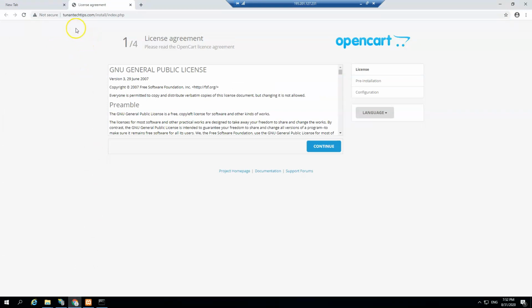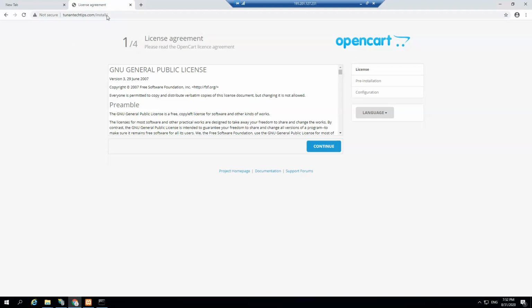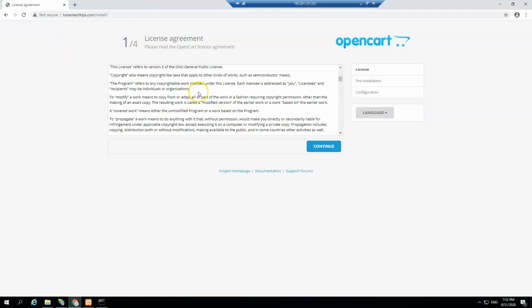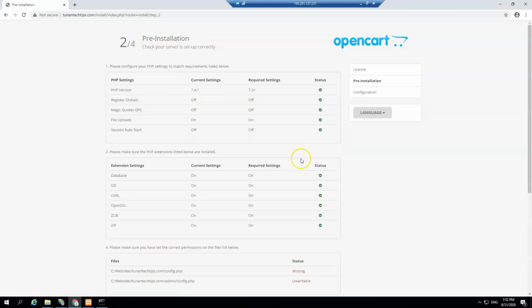Okay, so when you browse the domain, it's browsing to the installation folder, which we need. So the domain slash installation folder, and you go to the first step of installation, step 1 of 4, and it's the license agreement which you need to read, and if you agree, you continue. Then you come to this